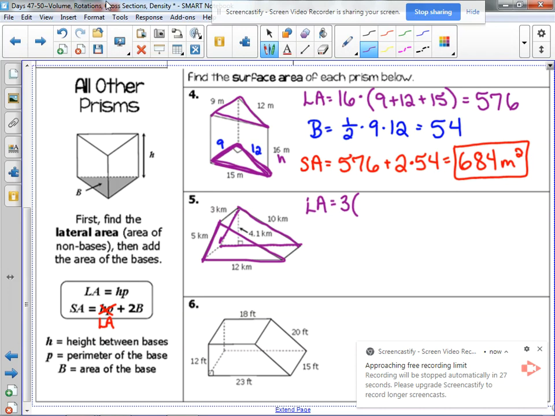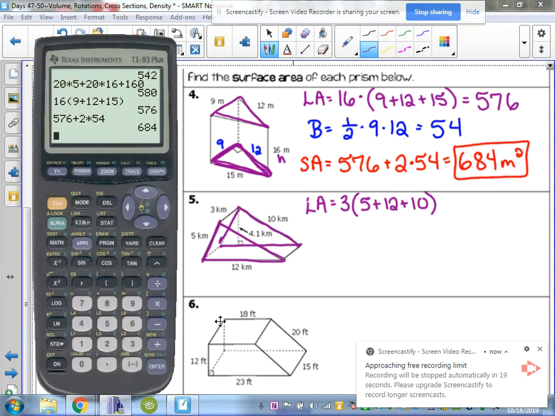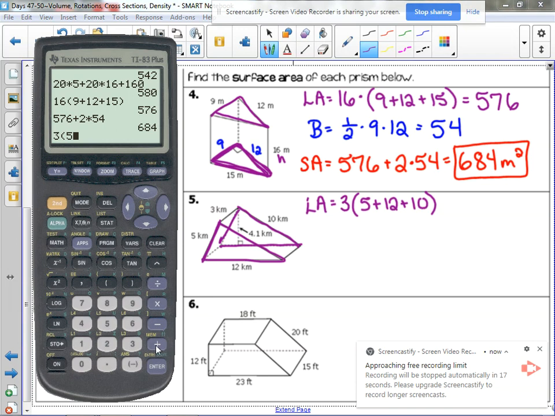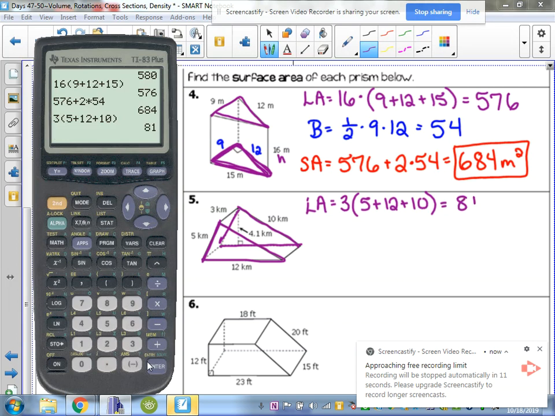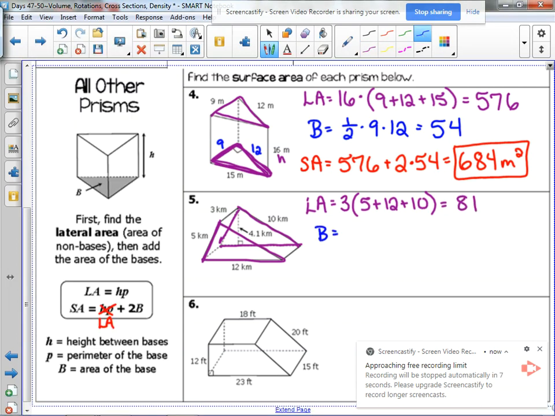The perimeter of our base, the perimeter of the triangle, is 5 plus 12 plus 10. The base is another triangle, so it's 1/2 times the base of the triangle is 12. The height of the